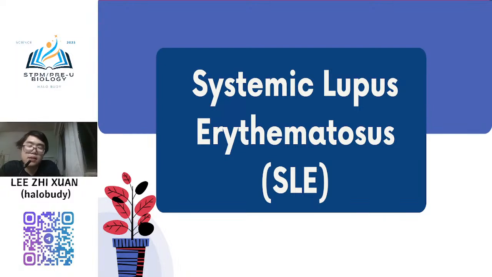So this is the disease. I think it is one of the famous autoimmune diseases in the world, because the probability of getting this disease is quite high compared to others. If not mistaken, it is 1 in 100. And this disease especially affects women. Women get this disease more easily compared to men. The ratio, if not mistaken, is 1 to 10 lah.